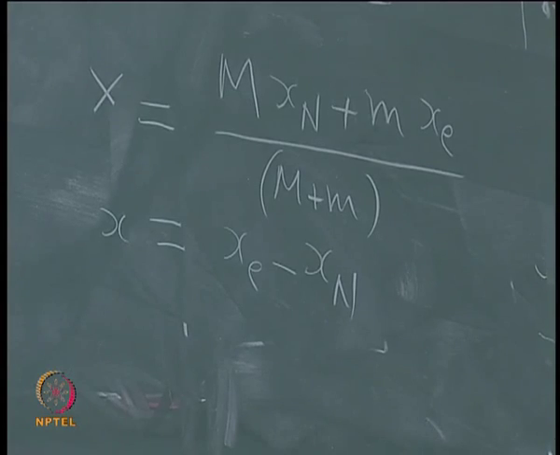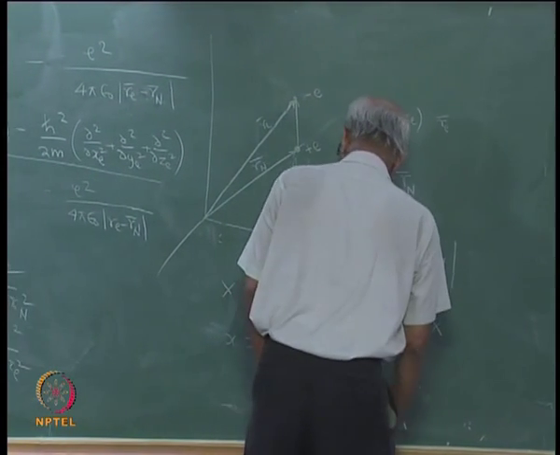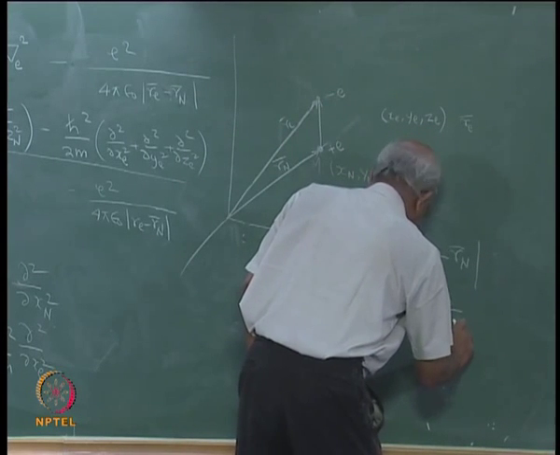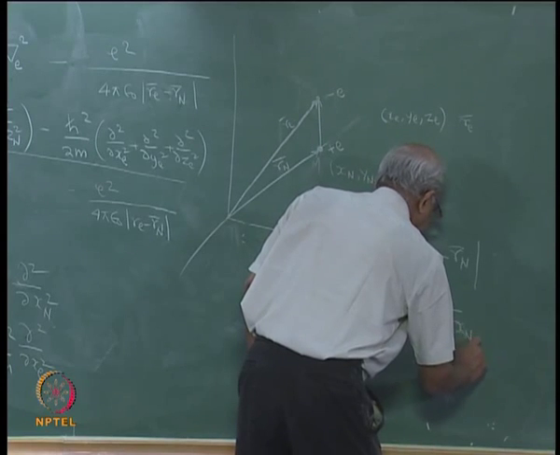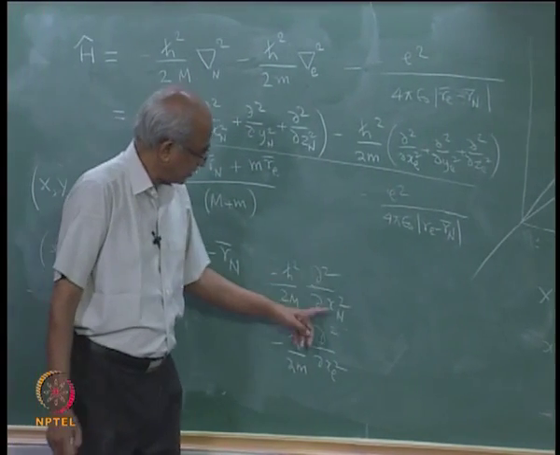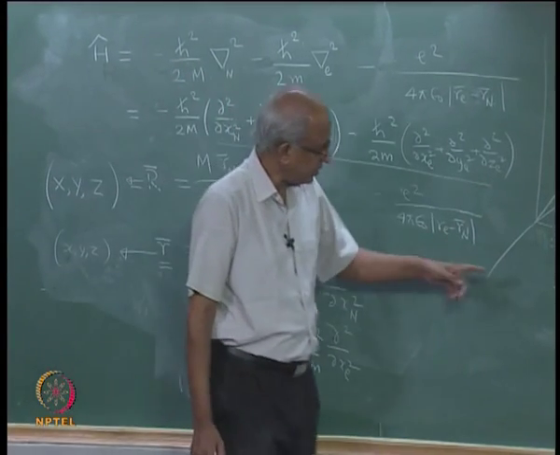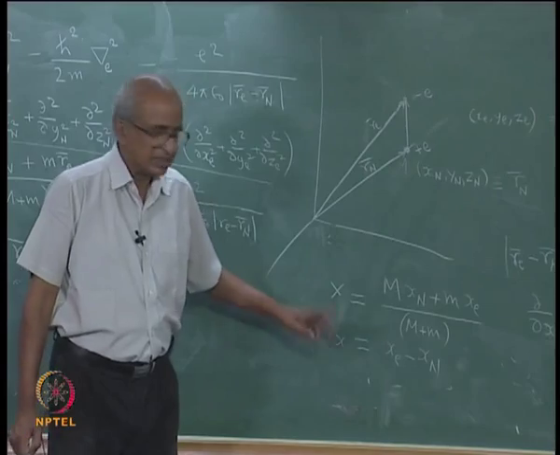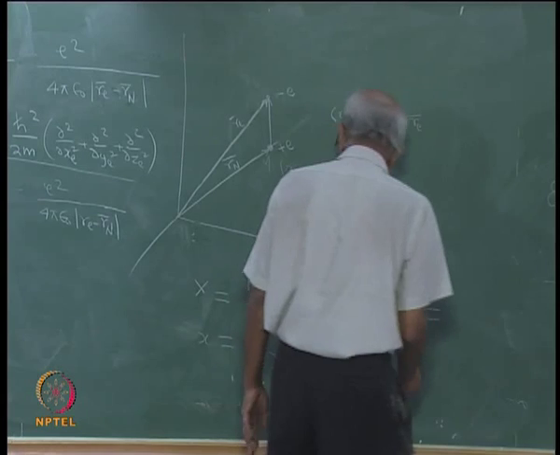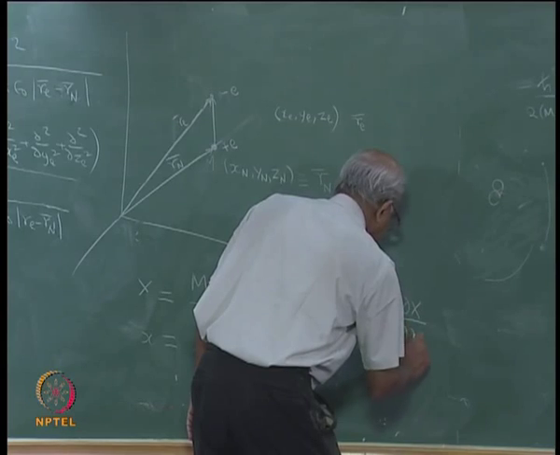Fine. So, let us now calculate, when I need to have dou by dou x n. Why do I want that? Because you see, here I have a partial differentiation with respect to x n 2 times. So, I want to express this in terms of partial differentiation with respect to capital X and small x. If you ask a mathematician, he will give you this expression: dou by dou x n, you can write in terms of these variables, which will be dou x by dou x n,